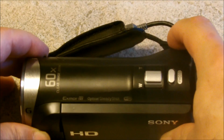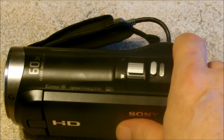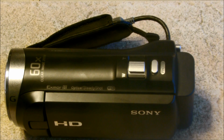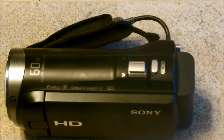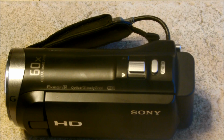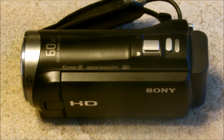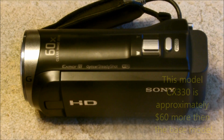So the basic differences were the battery and the optical stabilizer on the CX330. They both have the same lens, f1.8 on both cameras, and this one having Wi-Fi and a Sony G lens as opposed to the Carl Zeiss lens on the CX240. The zoom is a little bit bigger on this one, a little bit longer, and they both provide excellent videos. You probably wouldn't notice a difference. So for the extra money you're paying for those few extra bells and whistles,